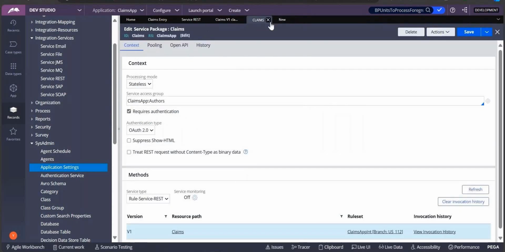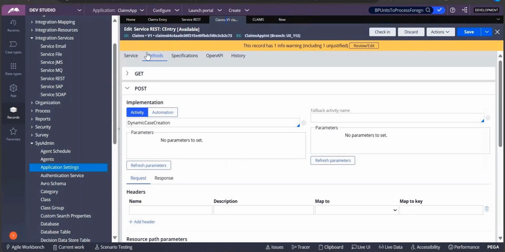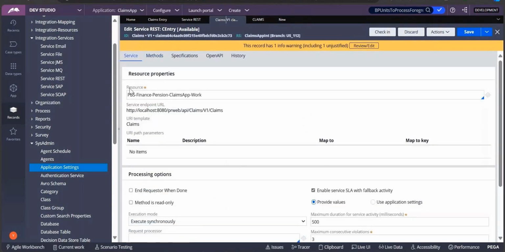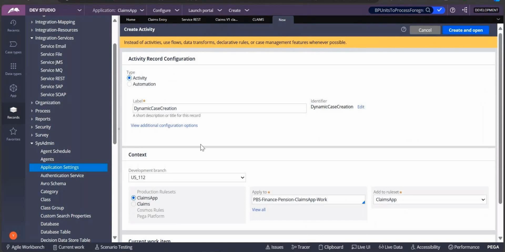at the time of creating my service test, what's the primary source here? Primary class. This is my primary class. Okay, so that's why this activity is also creating in that particular class, under dynamic keys creation. So click on create